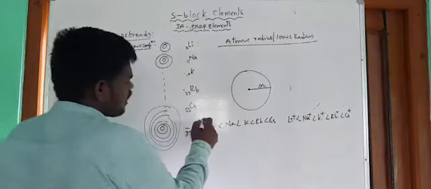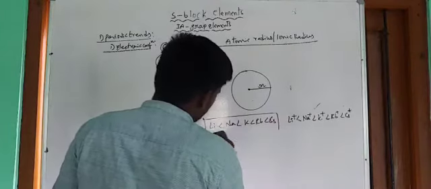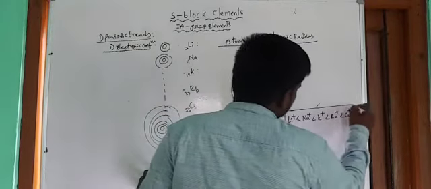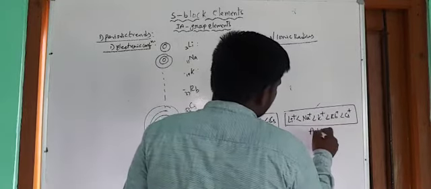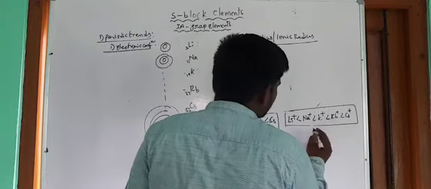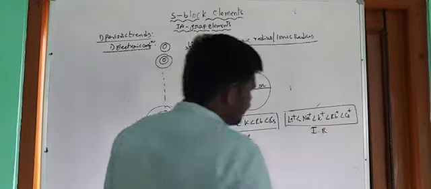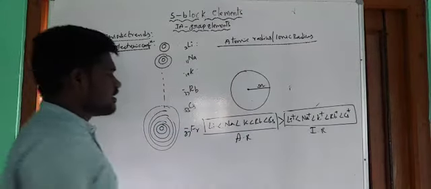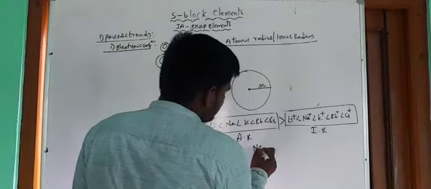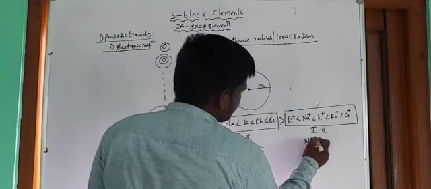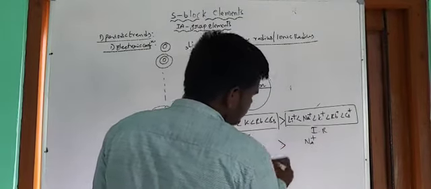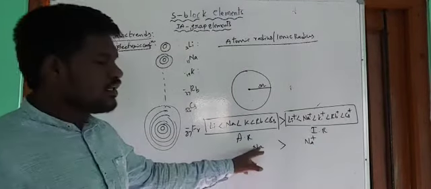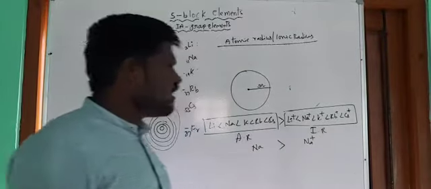This is the atomic radius order and this is the ionic radius order. So now when you compare the atomic radius and ionic radius of a particular element of the first A group, then atomic radius is greater than the ionic radius. If you take sodium from this and Na+ from this one, between these two, sodium has more size. The radius of sodium is greater than the radius of Na+.